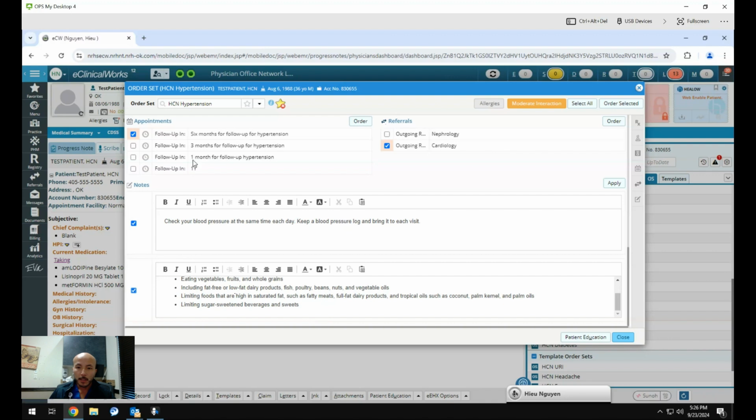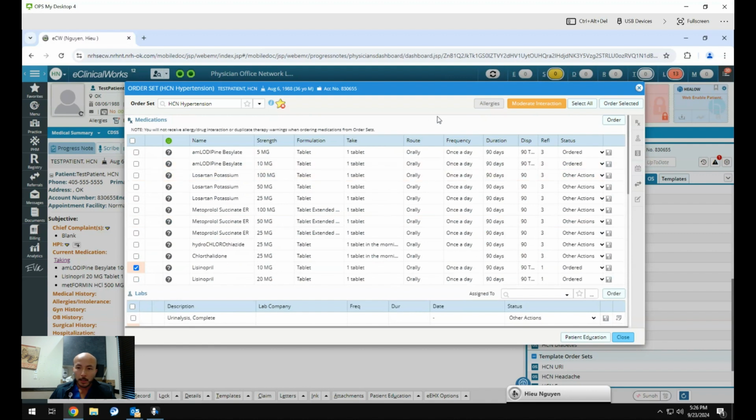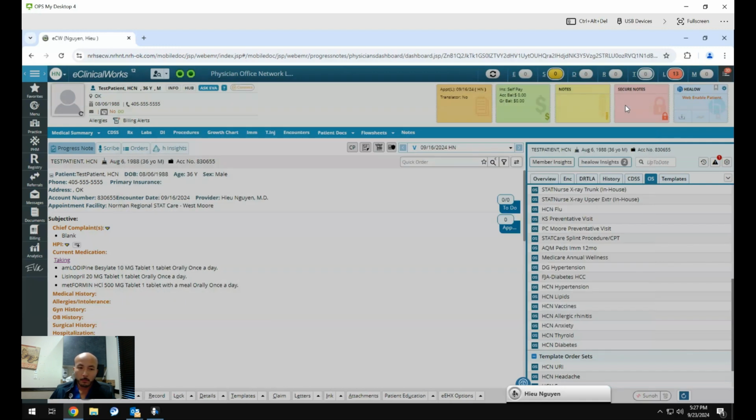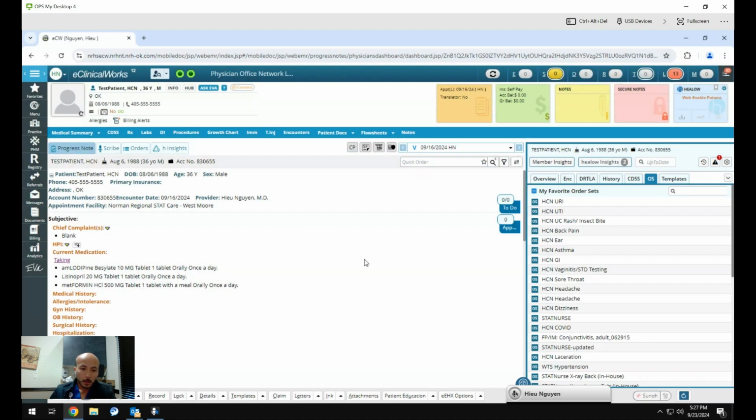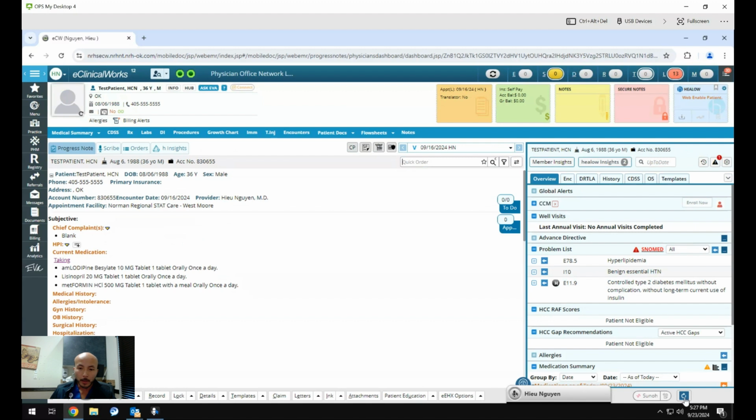And so after you've selected everything on your order set, you want to select order selected right here. Don't hit order because it'll only order in that specific area, and don't hit close. You really should only hit order selected no matter what in here. So let's hit order selected. You may notice nothing happened. So sometimes you have to hit the refresh button down here on the bottom right hand corner. And what that did